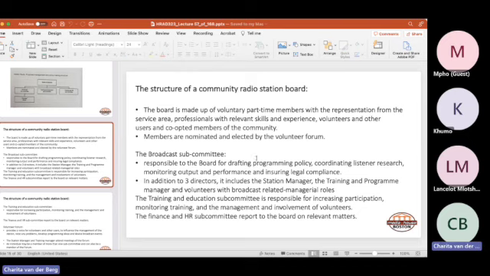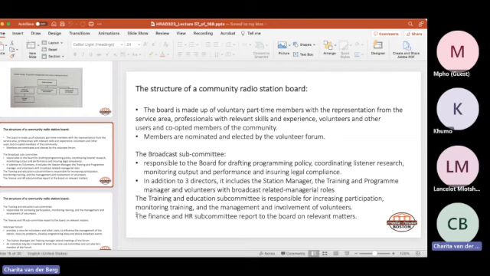So the broadcast subcommittee is responsible to the board for drafting programming policies, coordinating listener research, monitoring output and performance, and ensuring legal compliance. In addition to 3 directors, it includes the station manager, the training and programming manager, and volunteers with broadcast-related managerial roles. The Training and Education Subcommittee is responsible for increasing participation, monitoring the training of our volunteers, and the management and